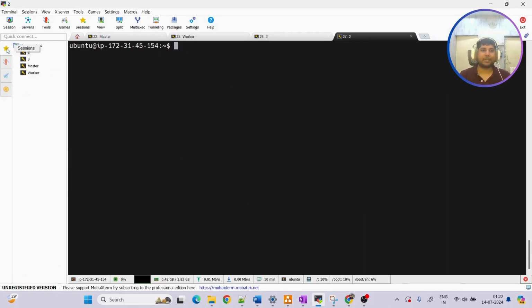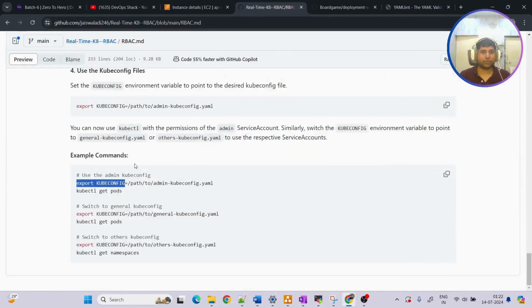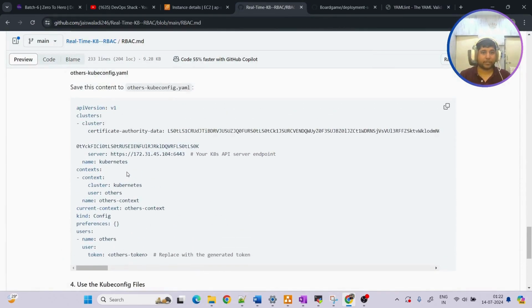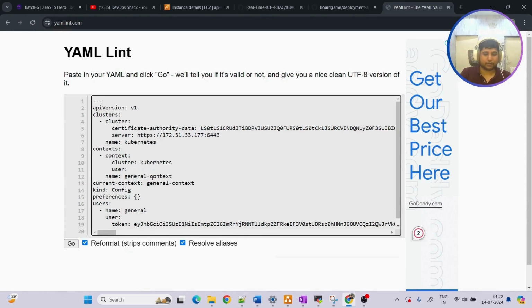Similar kind of thing, let us try with the third user, which we have for other users, that is just to view the namespaces, nothing else. So what we have to do here, we have to update others. Let me make the changes here itself. Here we have others, and this one also. And this last, others,